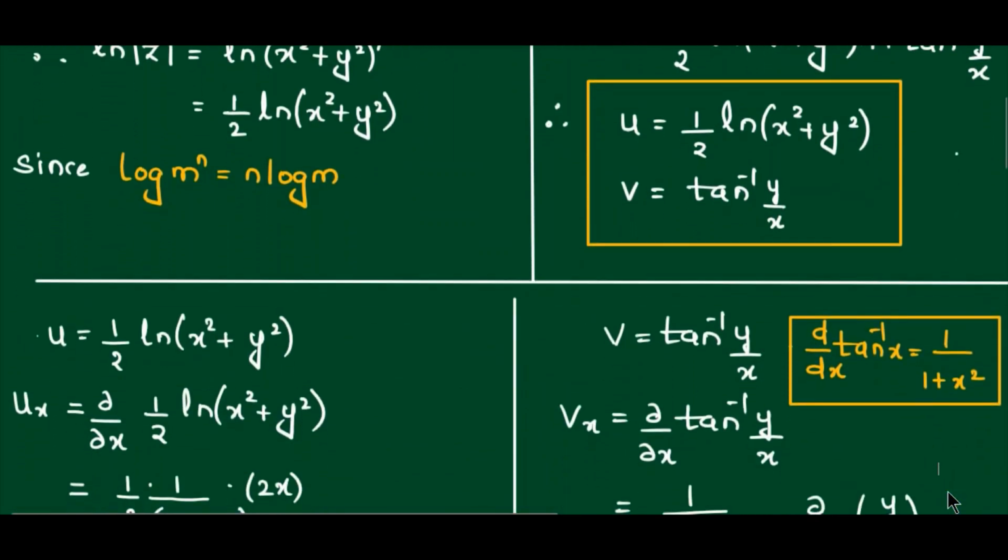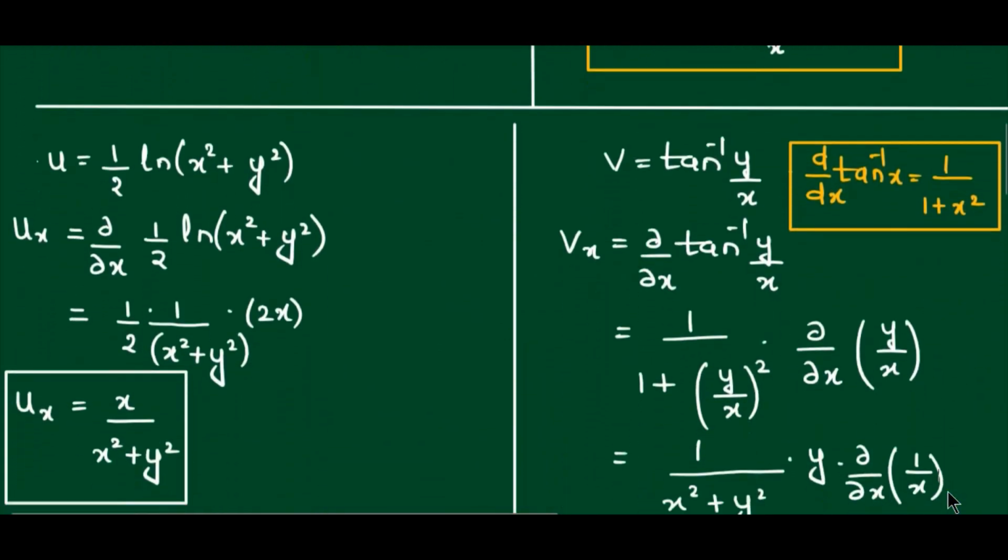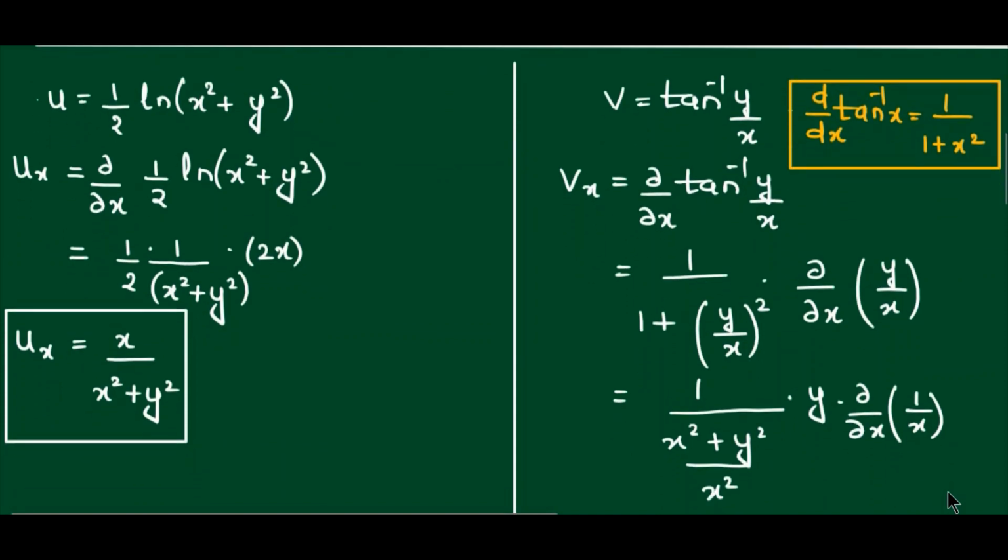After obtaining u and v, find out all the first order partial derivatives. You can pause this video and go through the steps. I have written all the steps in detail. The derivative of u is very simple, but the derivative of v is a little bit complicated. So I have written the steps here. The derivative of tan inverse of x, you have to make use of this identity 1 by 1 plus x square,